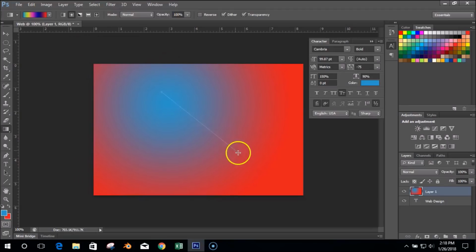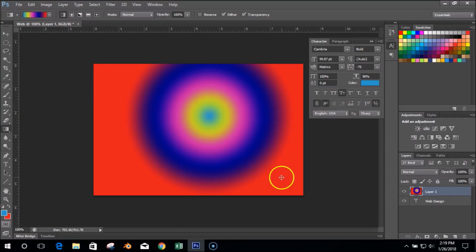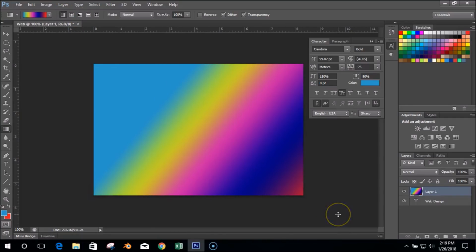So now I could use that gradient that I just created. Select the different settings. There's my gradient. Whether you like it or not, that's up to you. Okay, so that's a gradient tool. Now, remember what we have here. We have this gradient over the top of the text web design, right? That's sitting underneath it. Now, there's something we can do that's kind of cool is I can clip this into